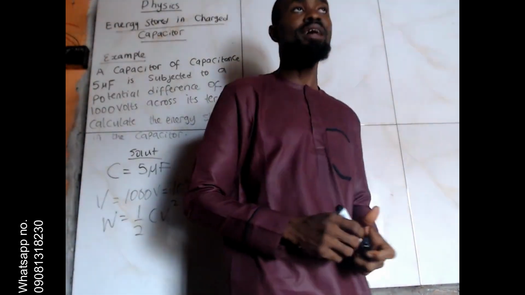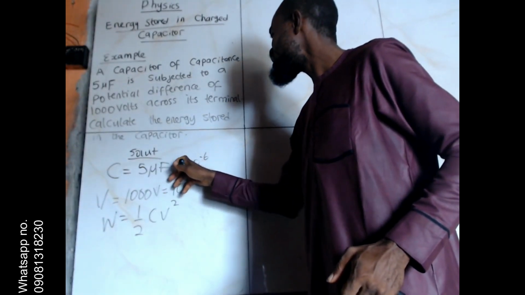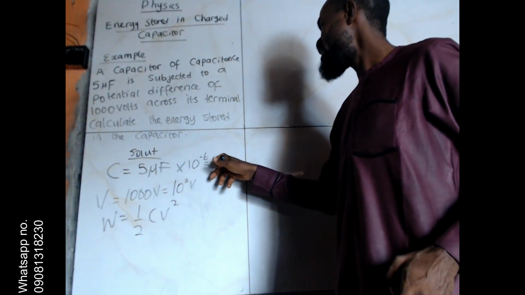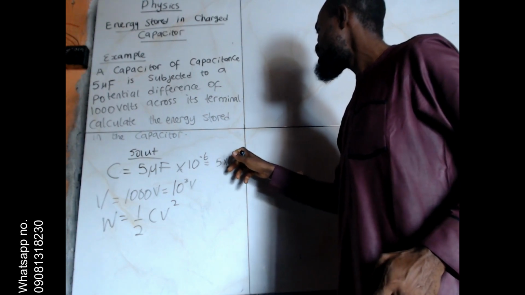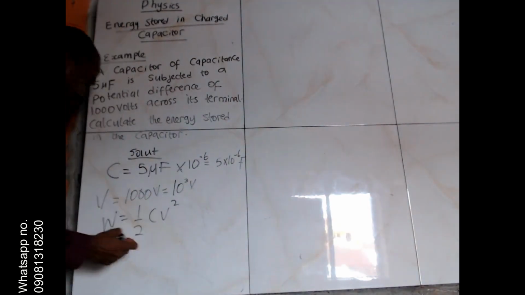And to do that, to convert microfarad to farad, you simply times by 10 raised to the power minus 6, which will now be 5 times 10 raised to the power minus 6 farad. With that, we are good to go. Quickly, let's put it into the formula. W